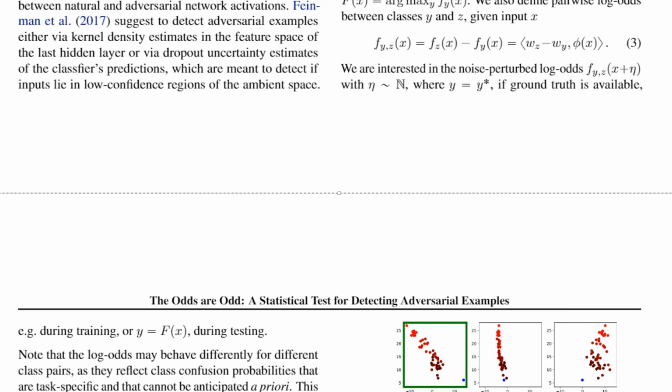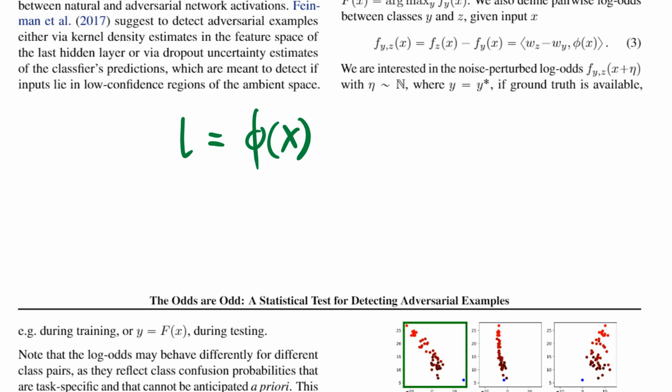So you have what's called logits, L. This here is your neural network up to the last layer. Basically, it can be something like a convolutional neural network and so on. This gives you a feature representation. So you extract from the image X a feature representation, which is this entire thing here, and then you multiply this feature representation. This is going to be some vector of dimension D. You multiply this by this weight matrix, which is going to be something like,